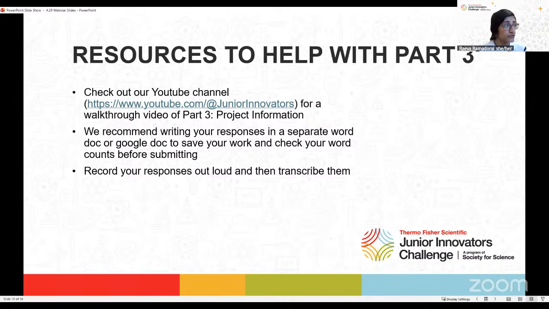And then another tip that we have is to record your responses out loud and then transcribe them. We've tried to write part 3 in a way that should feel similar to a judging interview. We know that you all have done those judging interviews at your local science fair. So you can think about it as if you are just talking to a judge or a friend or a parent teacher about your project. And if you start talking about those answers, that might help you get your ideas flowing and make it easier for you to then write out those